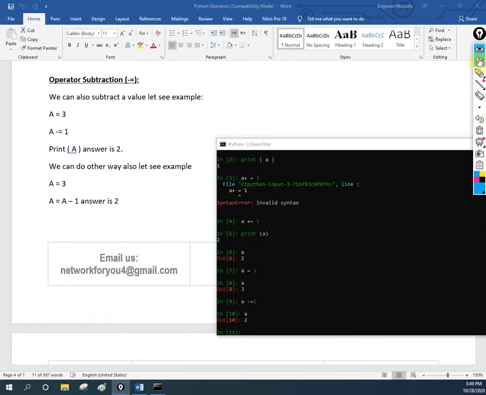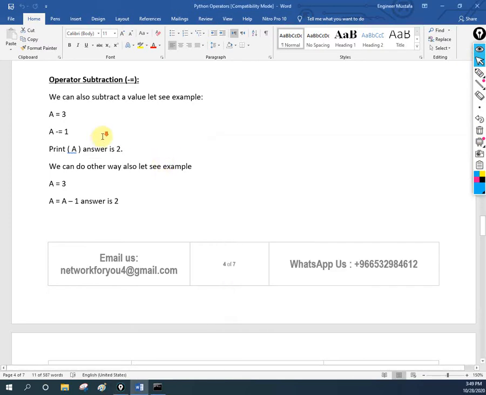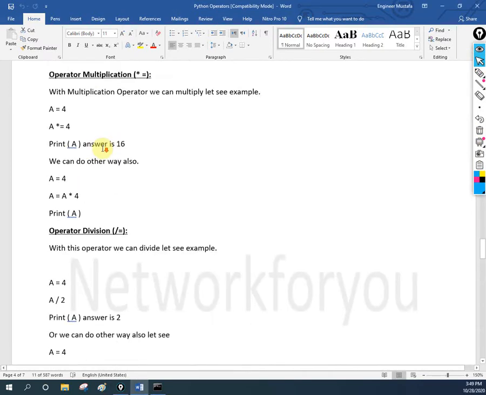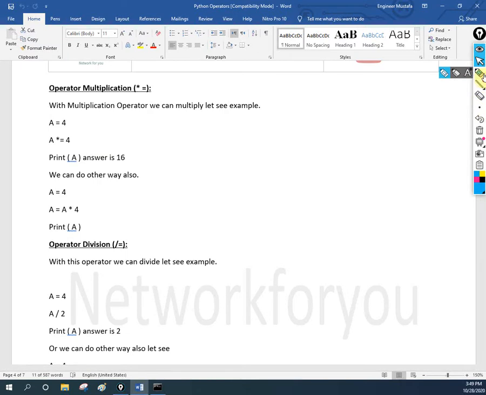Okay, so now subtraction is finished. Now we will go for multiplication. Same thing here also, we are defining a variable. Here a is equal to 4, and instead of plus is equal to 1, the second time we write minus. Instead of minus, now we are writing multiplication.